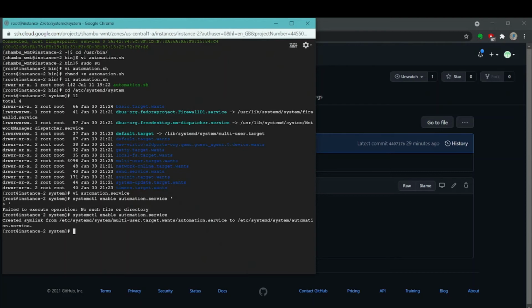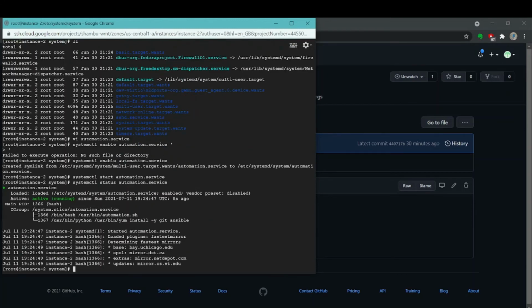Now I can start the service, and I can check the status also. So it's active and running.